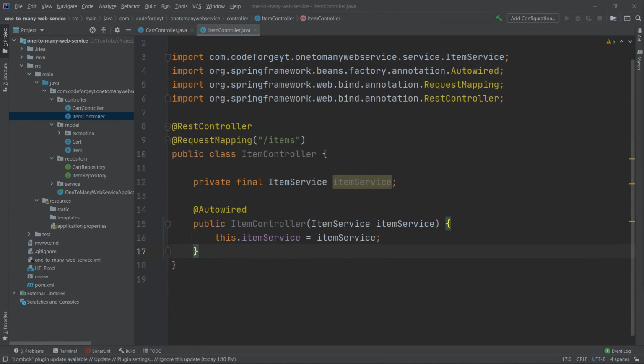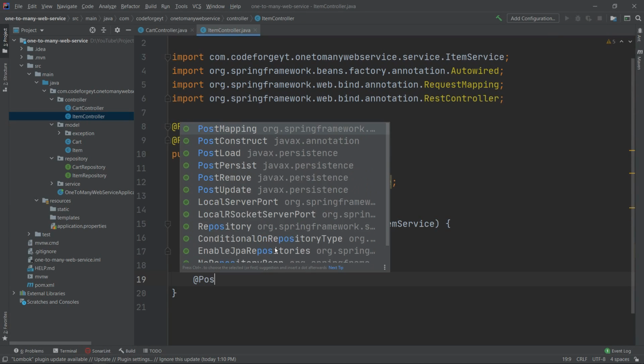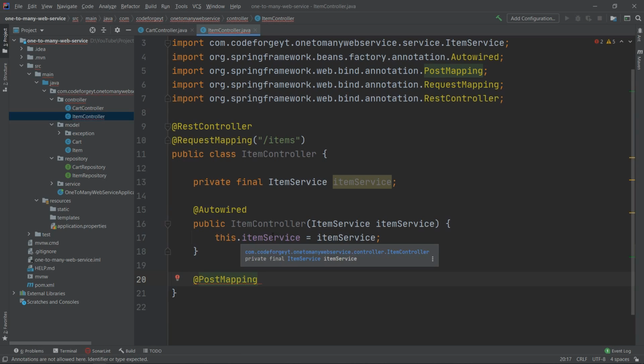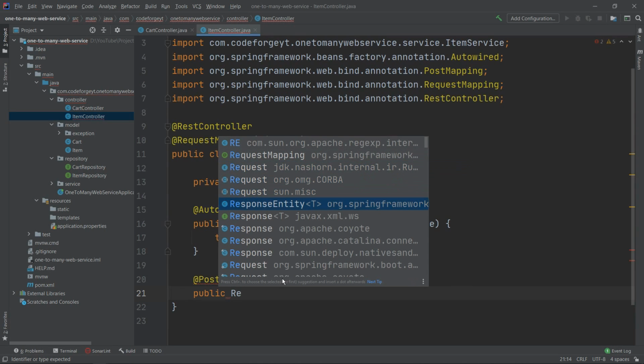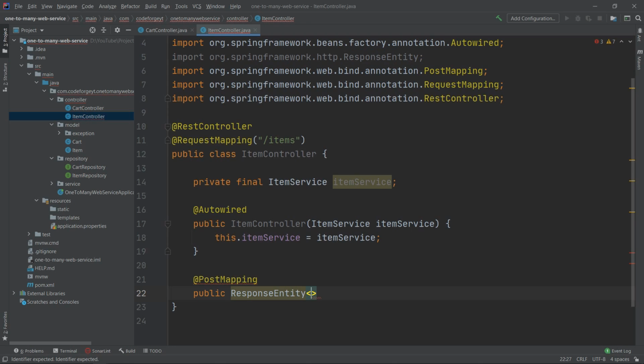Let's start with creating an endpoint for adding new item. So we'll use for it a PostMapping annotation, because we want to use the post request for creating new items. And of course, we want to put this annotation on our method, so it will be public, and we will be returning ResponseEntity, which is the generic type, and it will be the wrapper for the ItemDto object, which we'll create in a while. And the name of the method will be addItem,